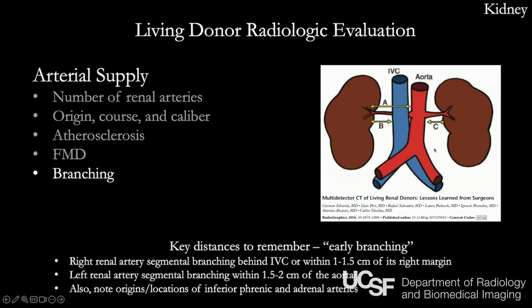The left renal artery segmental branching within 1.5 to 2 centimeters of the aorta is considered a very short vascular pedicle and can pose its own challenges. Also, you want to make note of the origins and locations of the inferior phrenic and the adrenal arteries, which very commonly